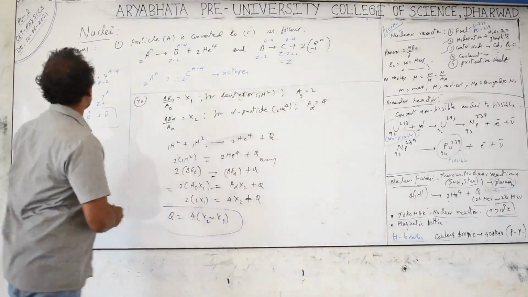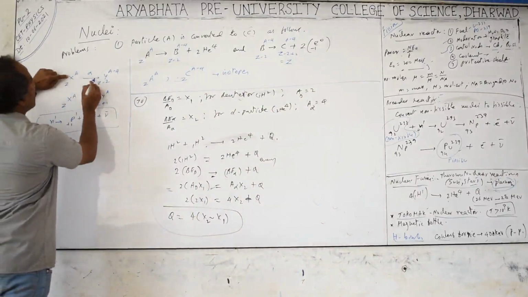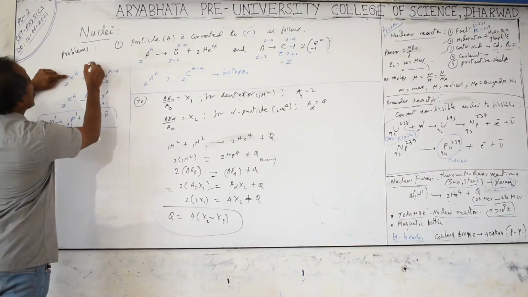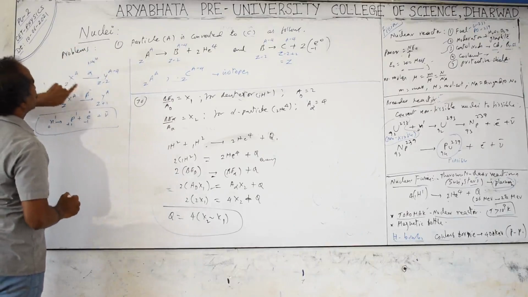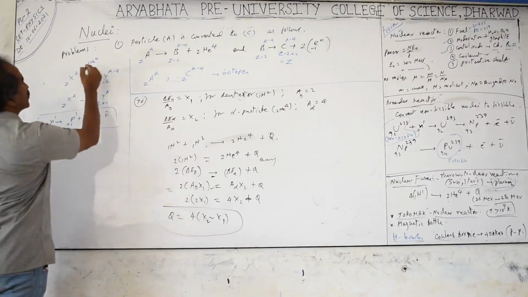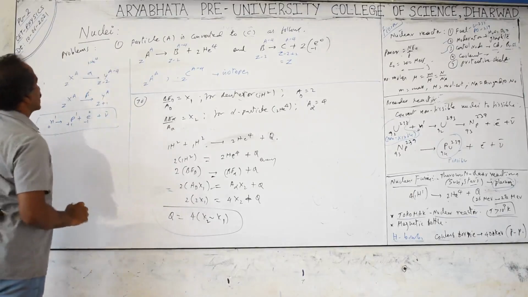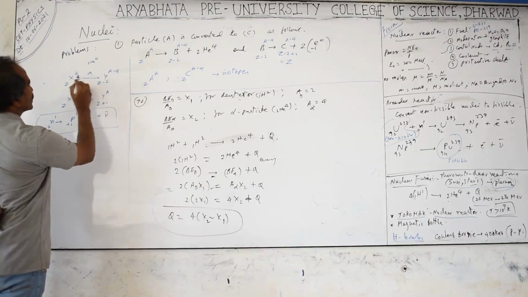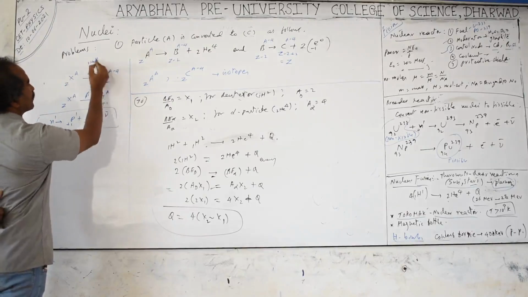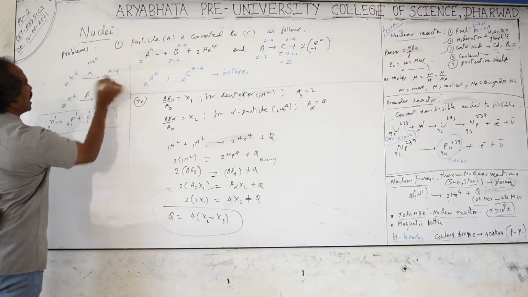Here, whenever we take a nucleus, take it as ZXA, emitting alpha particles. Alpha particle means 2He4, 2 protons, 2 neutrons. This is the mass number, so a total of 4 particles are thrown out. Alpha particle thrown out from the nucleus means 4 particles are coming out. 2 protons means 2 positive charges. Z is related to the positive charge, that is the atomic number. So this converts into a new nucleus, generally called the daughter nucleus. A is reduced by 4 units, A minus 4, but Z is reduced by 2 units if it emits alpha particles.